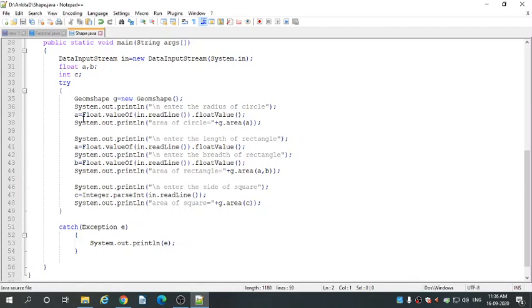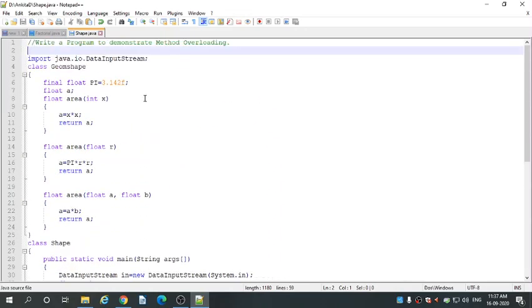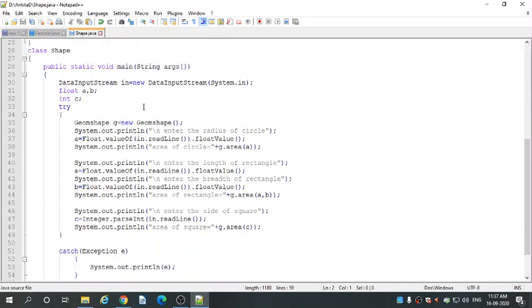Then comes a equal to Float.valueOf(in.readLine()).floatValue(). This line helps us to convert the variable from string to float type. You know, by default Java reads String type arguments, and we need here a float value. So we have to convert string into float type. Okay, enter the radius of circle.